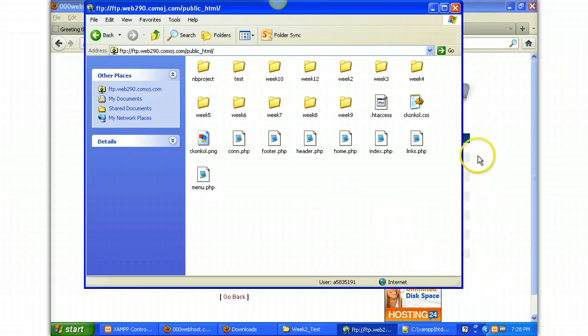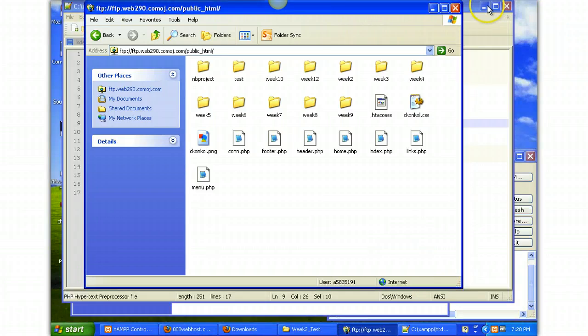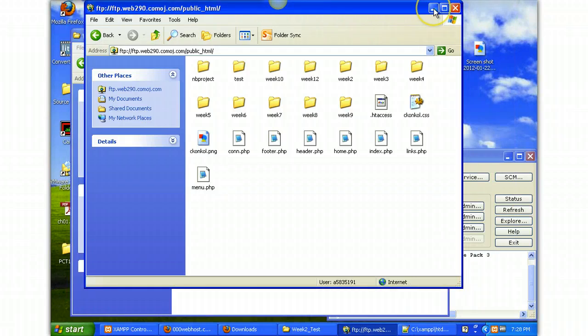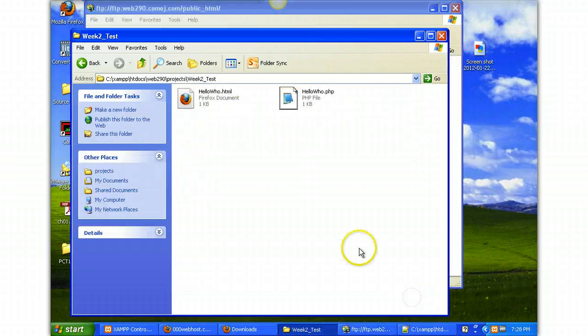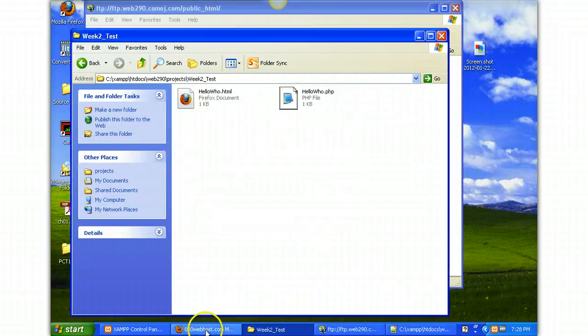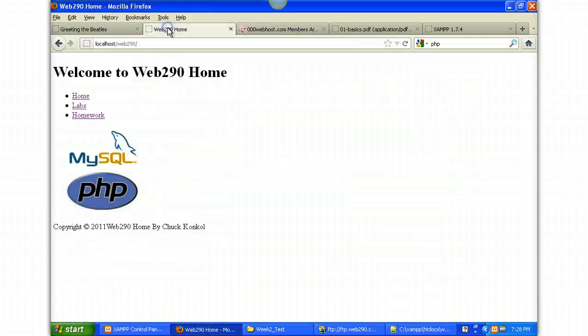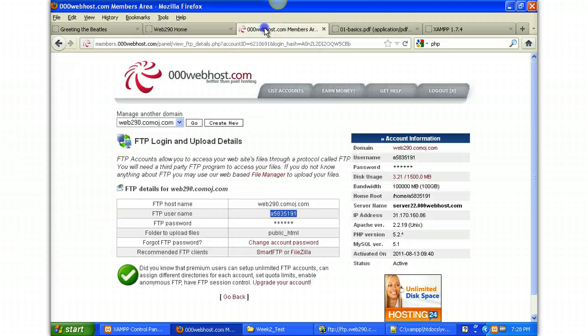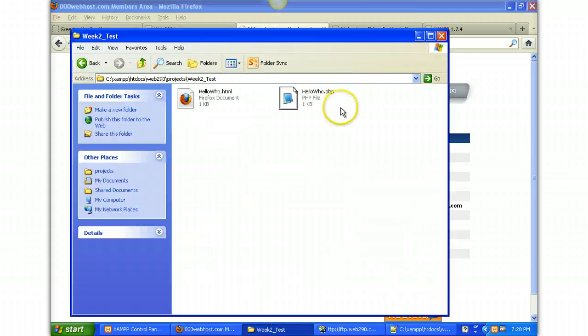what I could do is just show you how to simply take your local, say you've completed week 2, and you wanted to upload basically everything that I've got on my local host, which is just right here. I want to upload to, which is my Web290 folder, upload to my web host. So pretty simple. All I'm going to do is